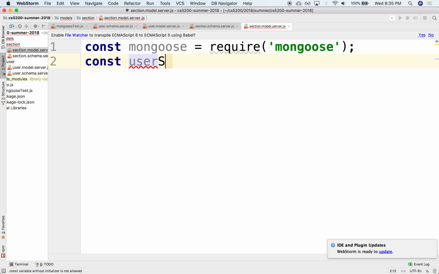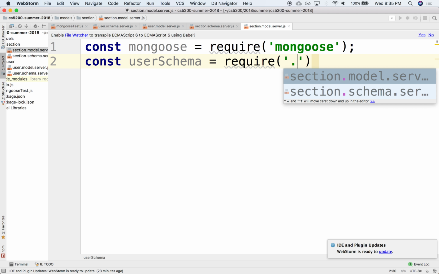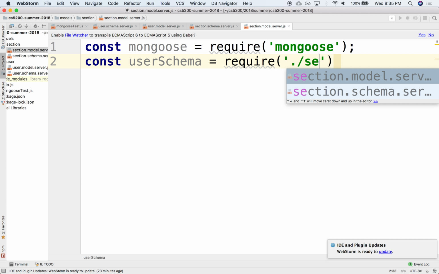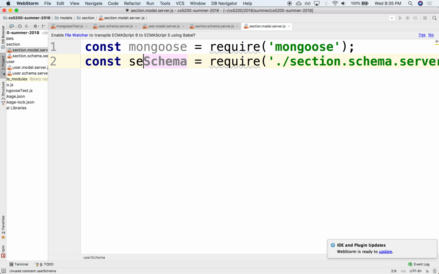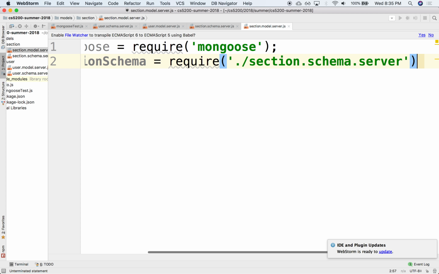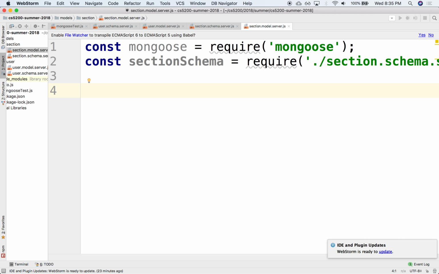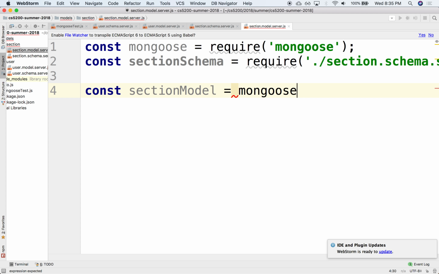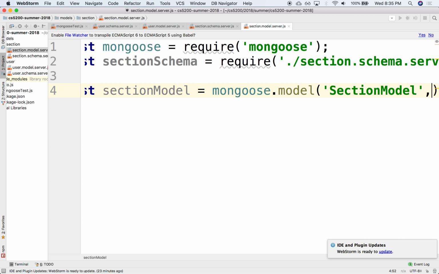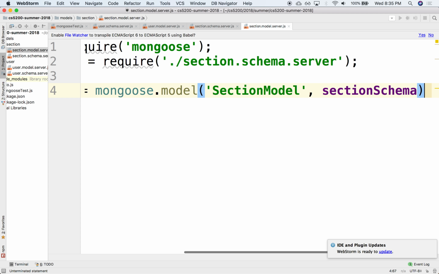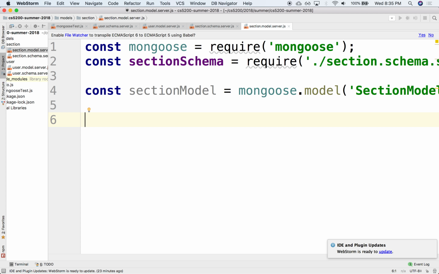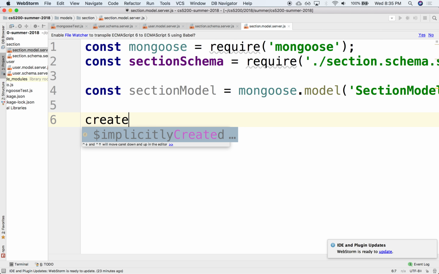So const user schema require the schema that we have here. Oh, not user schema, the section schema. So this would be section schema. Okay. And then now finally we can create the model itself. So section model. This will be mongoose dot model, and this will be section model with the section schema. All right, and any CRUD operation that we might want, right? So let's just maybe do just a create. All right. So this will be create section